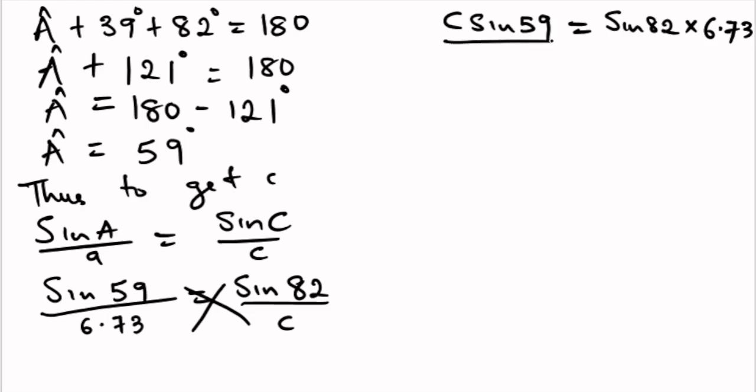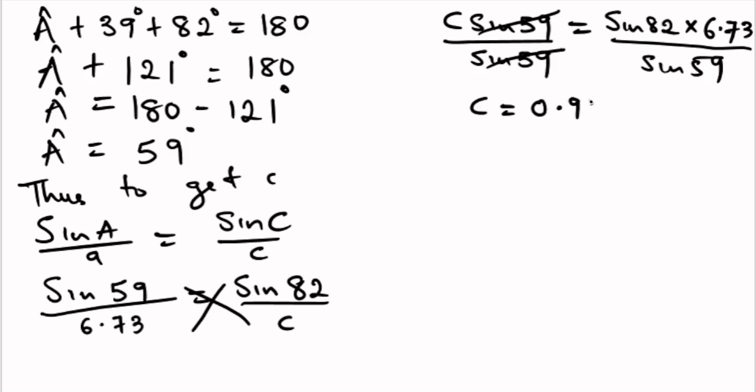So we divide through by sine 59 to get c sine 59 over sine 59. Sine 59 cancels sine 59, we are left with c equals, now let's break down this expression. Sine 82 will give us 0.9903 times 6.73, over sine 59 is